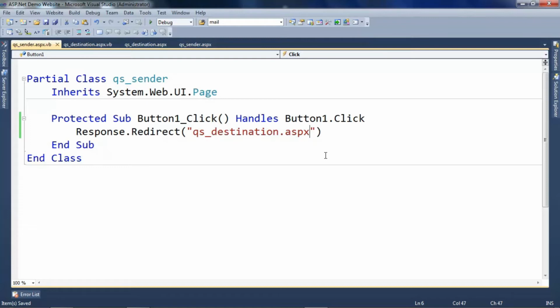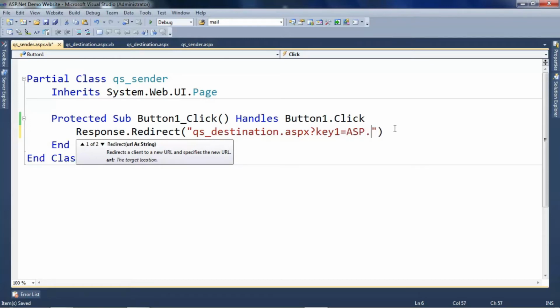So as we have seen in the video, we will append a question mark. Then after that a key name, let us say the key name is key1 equals to, what will be the value? As of now we are sending a single static value, so I am writing ASP.NET. As this complete thing is in double quotes, we do not have to specify any double quotes over here because it is already in the form of a string, as the name suggests, query string.